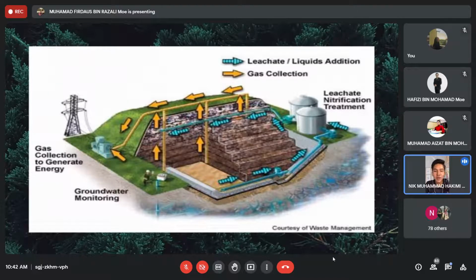Okay, so first kena bayangkan they will excavate kawah. Dia akan gali satu kawah, and then kawah yang besar. Okay, and then kawah tu akan ditutup dengan satu layer of compact clay. Tujuan dia tak nak bagi leachate, liquid leachate tadi keluar, meresap ke tanah. Okay, once dia dah lapis dengan compact clay layer, they will install leachate pipe collection, which is, kalau boleh tengok dari diagram ni, pipe yang warna biru tu. Boleh nampak tak?